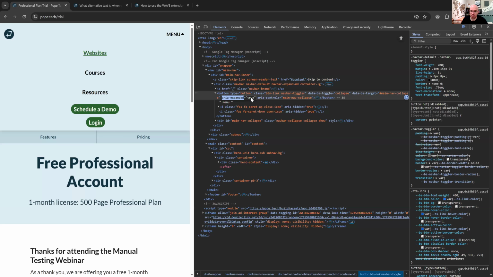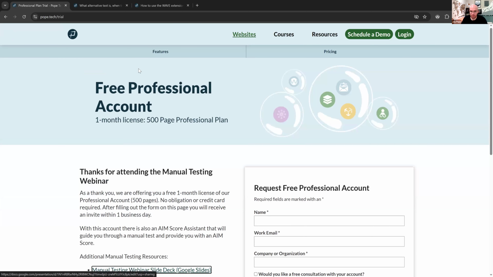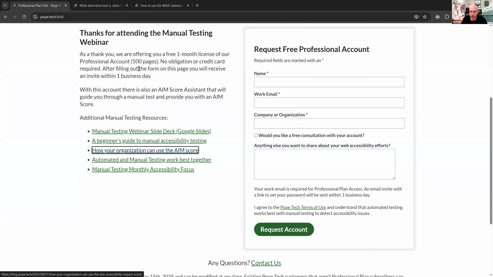And this one also has ARIA controls and says what the ARIA expanded is controlling. And so that can be really useful. So these are the kind of things you'll test. I'm going to go back to the full desktop version. Show full profession. Make how your organization manual name star edit blank. And we'll put a link in the chat for some common